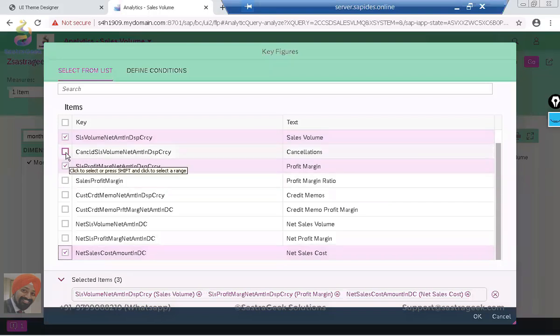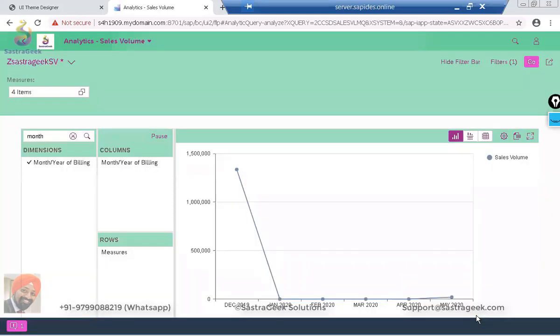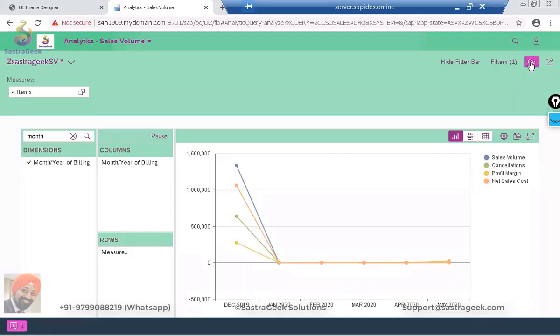If there are any cancellations, that I also want to see. So now I have added multiple filters. I need to click on Go. Now this shows how my sales volume is doing. If I select the sales volume, only this is highlighted, and it works between cancellations, profit margins, and net